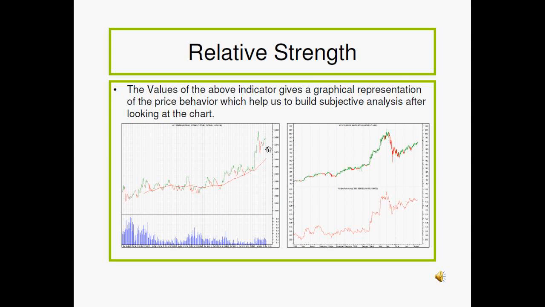It's a ratio chart of ACC and Sensex. If ACC is going up, most of the time it is doing better than the Sensex. In this case, during that phase, it did better than the Sensex. So it's better to be in ACC than in the Sensex. The same case applies when